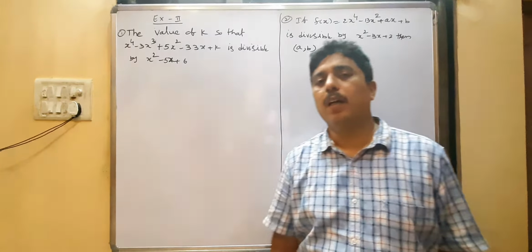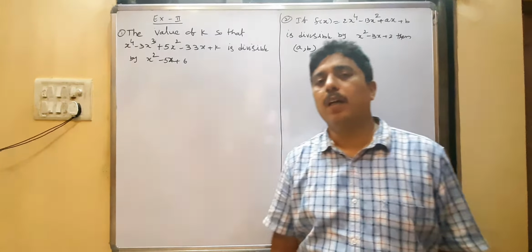Roots of 3x cube plus ax square plus bx plus 12. We know the constant value is 12. So I will take the sum of the product of three roots. S3 is minus d by a, that is minus 12 by 3. The product of three roots, alpha beta gamma, is minus 4. Alpha beta gamma means 1 plus root 3 into 1 minus root 3 into gamma equal to minus 4.